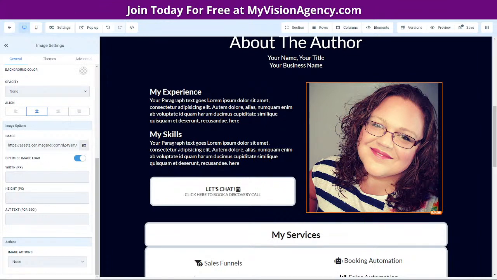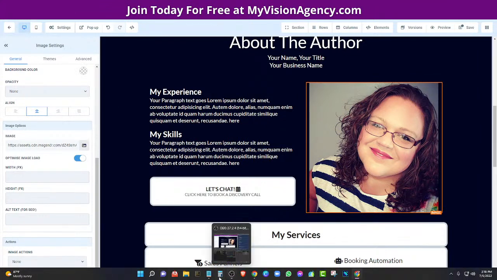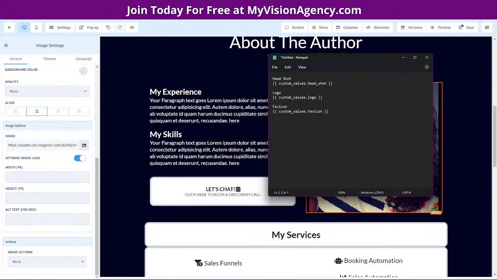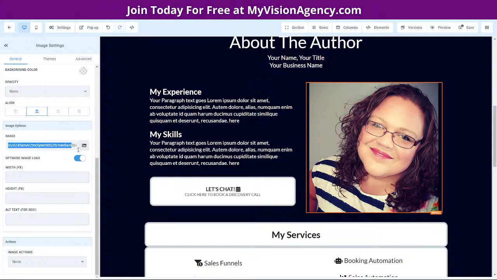Okay, so what I'm going to do is actually now take my little cheat sheet, and I'm going to choose the headshot, and I'm going to add this custom value to this image box here. Okay, and then I'm going to paste. So now every single